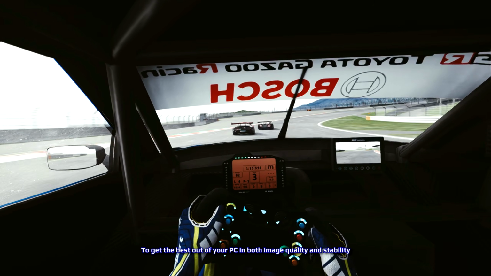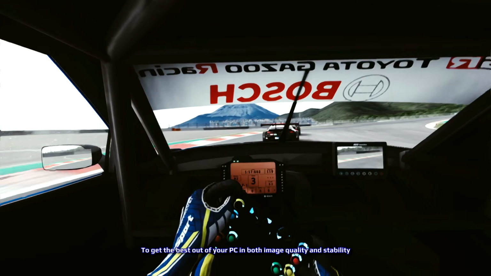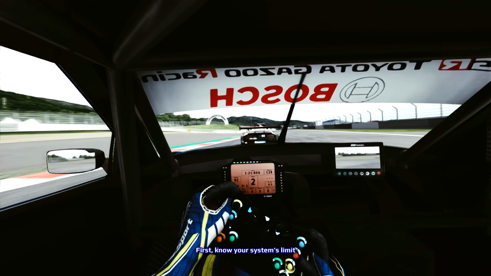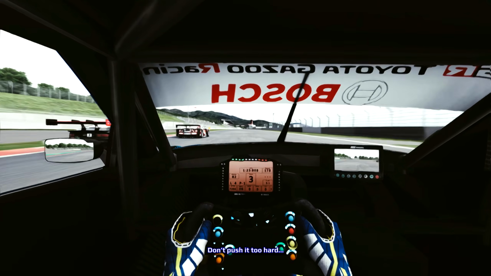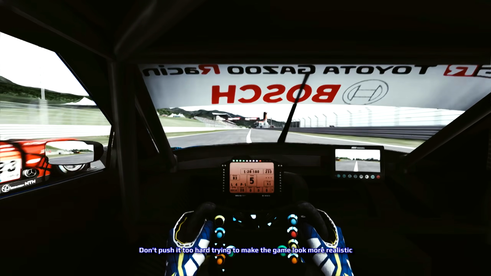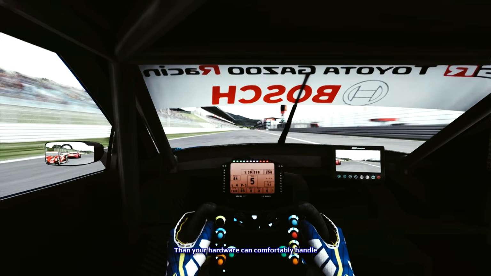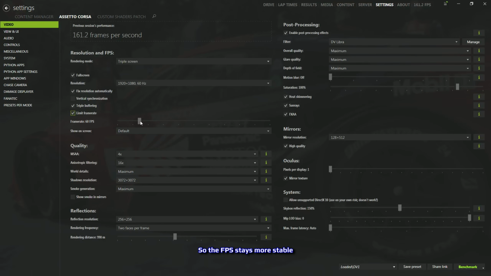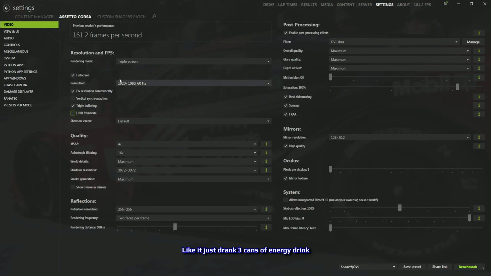Time for some more tips to get the best out of your PC in both image quality and stability. First, know your system's limit. Don't push it too hard. That's what she said. Don't push it too hard trying to make the game look more realistic than your hardware can comfortably handle. And speaking about limits, I'd also recommend capping your frame rate in the video settings to match your monitor's refresh rate, so the FPS stays more stable instead of bouncing around like it just drank 3 cans